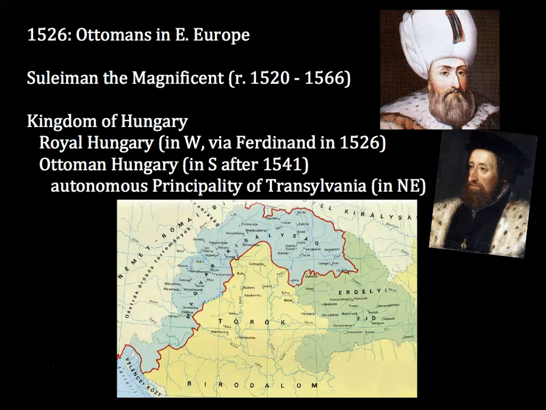Additionally, in 1529, at about the same time that Luther and Zwingli and their followers were making their way to Marburg for the Marburg Colloquy, Ottoman forces began their siege of Vienna. How in the world did the Ottomans come to play a role in this Reformation intrigue? Well, beginning in 1526, Suleiman the Magnificent's Ottoman forces had begun a march across Eastern Europe. That year, the Ottomans had defeated King Louis of Hungary, leaving that throne empty and continuing their march across Hungary